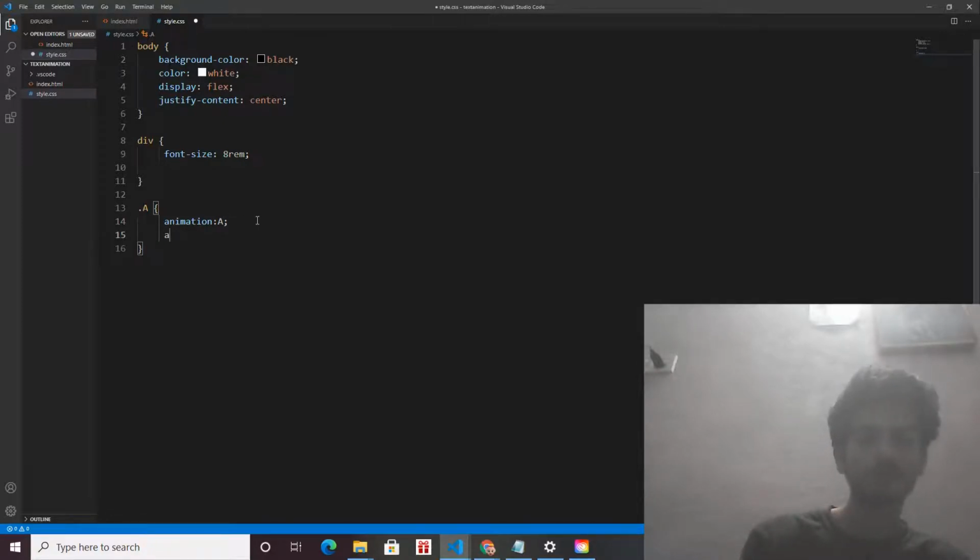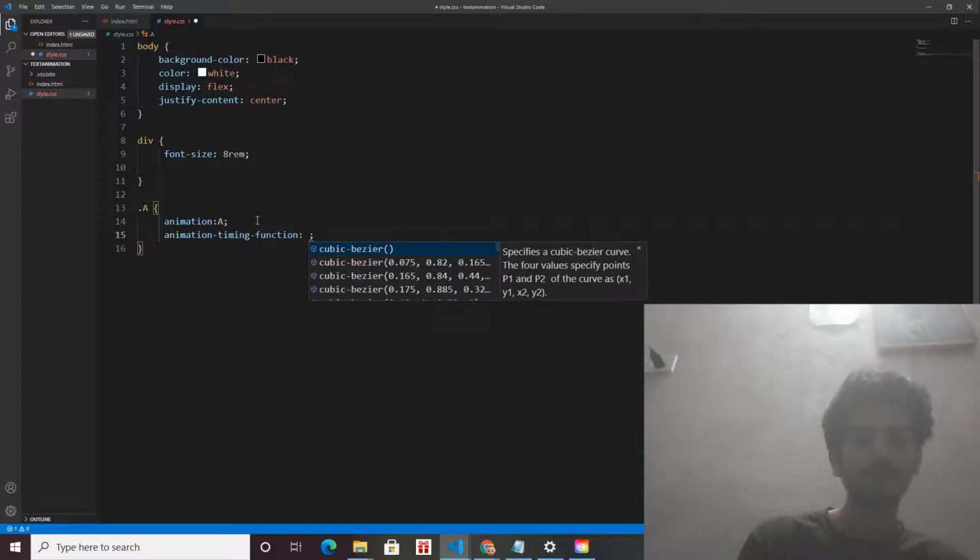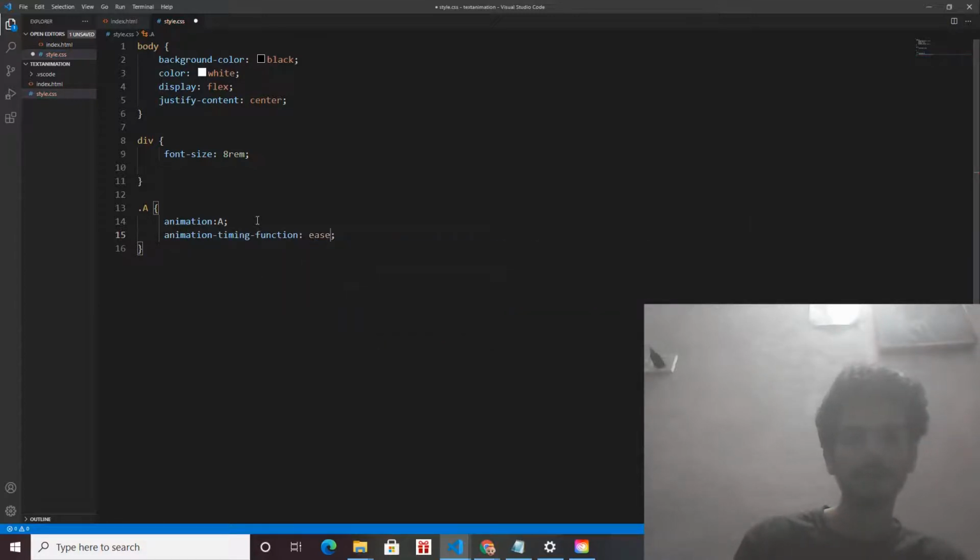Let's give another property, animation timing function. I am giving ease-in-out, which means the animation starts slow, in the middle it goes fast, and in the end it slows down again.